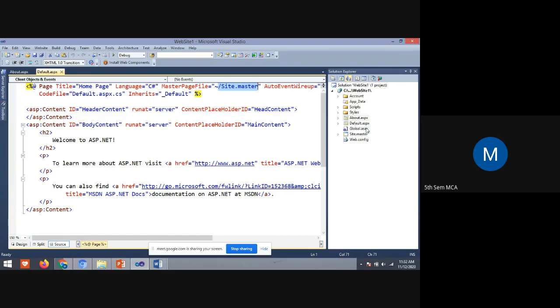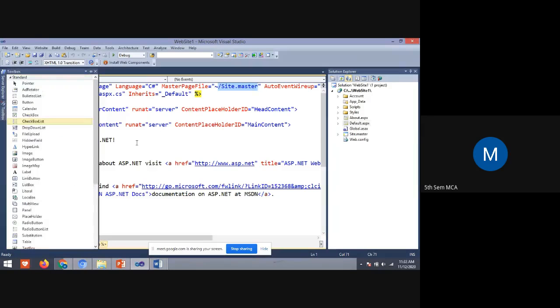If you see the Solution Explorer, you can find the default.aspx file. This is only that file.